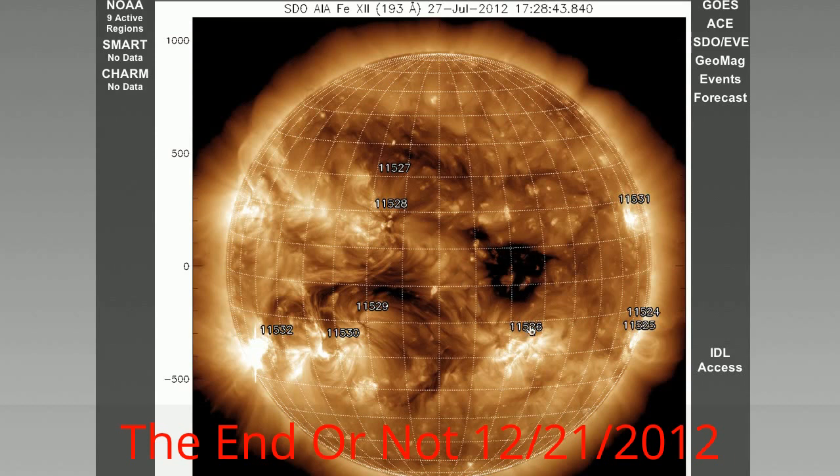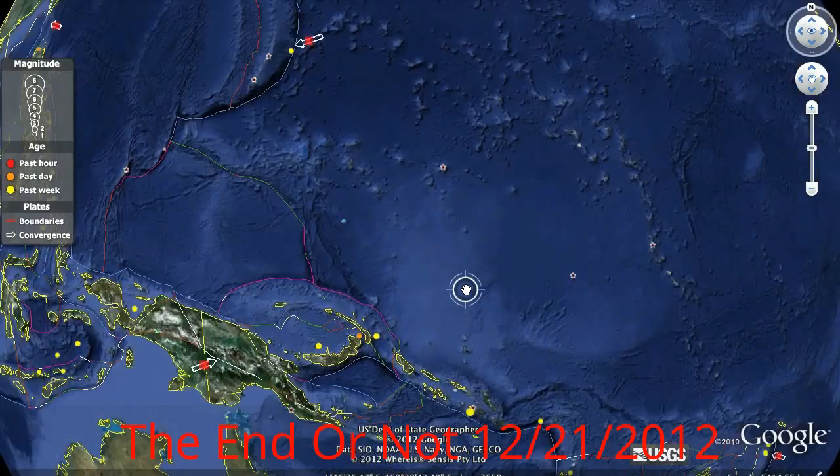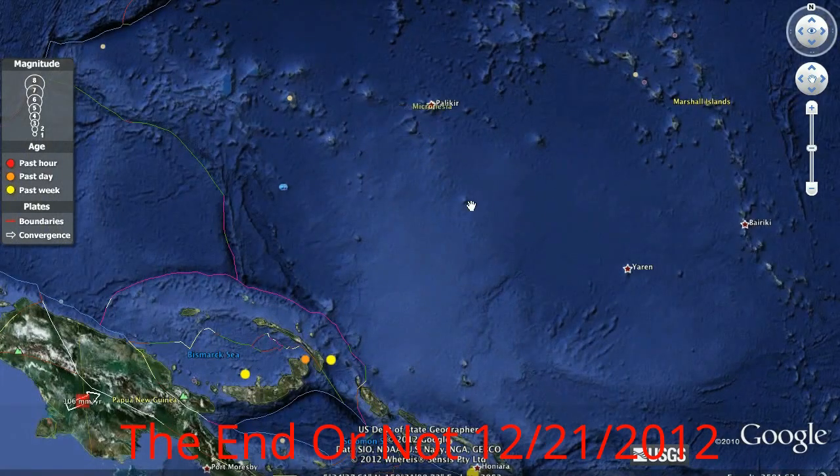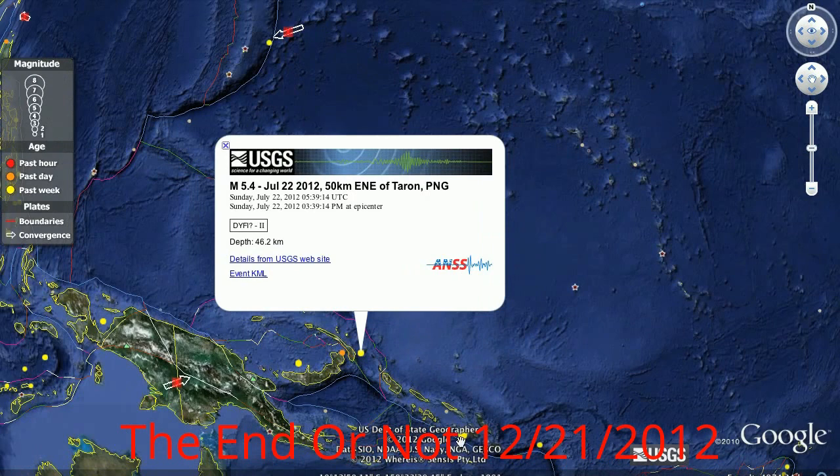I'm looking for activity in this area right here, and potentially some of these little islands in here. We have seen some activity in this area, and so it wouldn't be too surprising to see additional activity in this area.